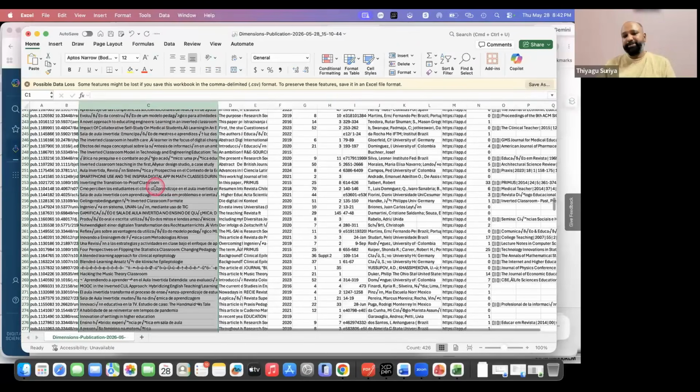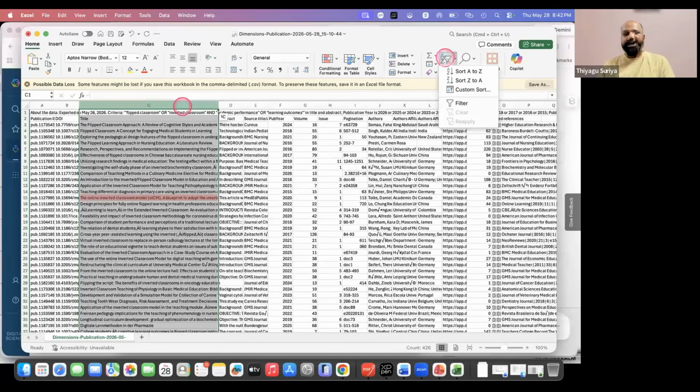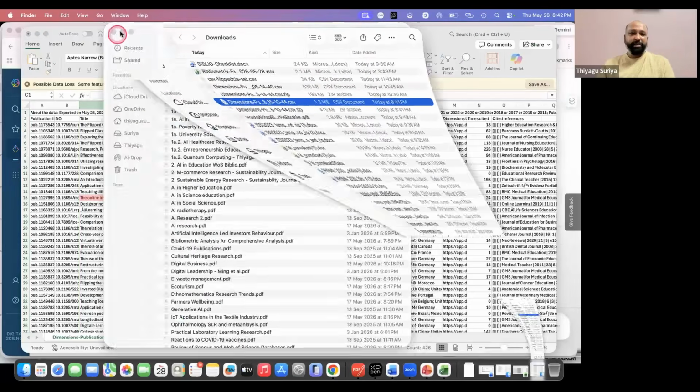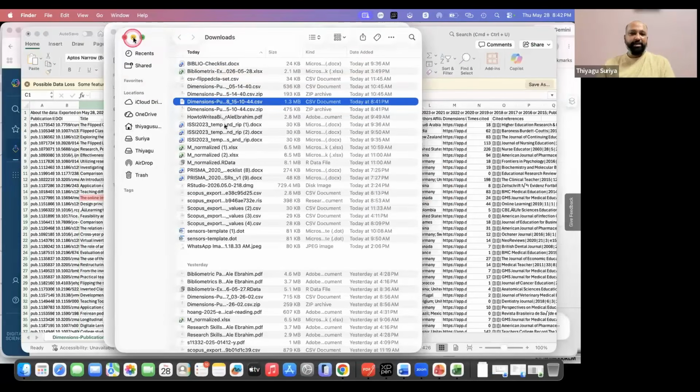So what I'm going to do is go to the filter options. There is an option called Control A, which makes it easy to identify which two articles are connected. So I'm just using this one. When you go with the Control A,